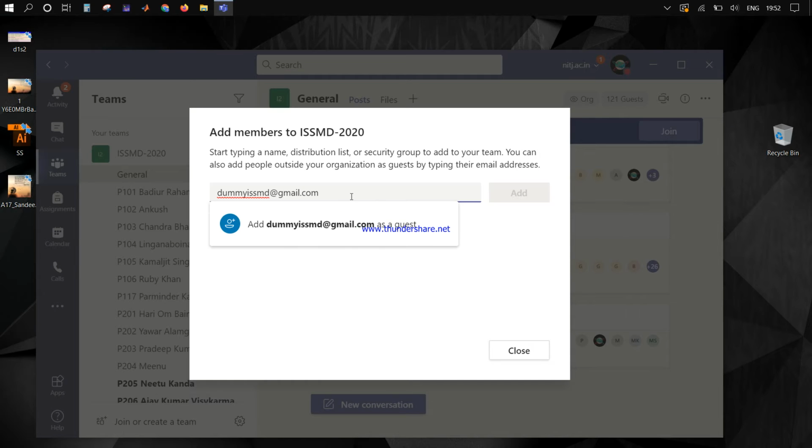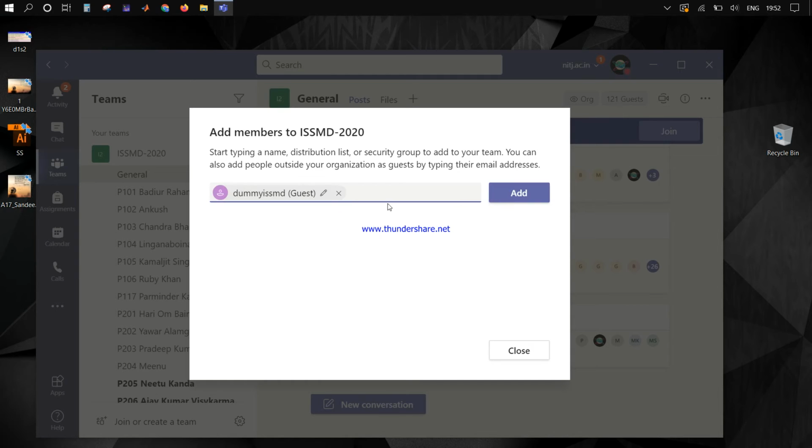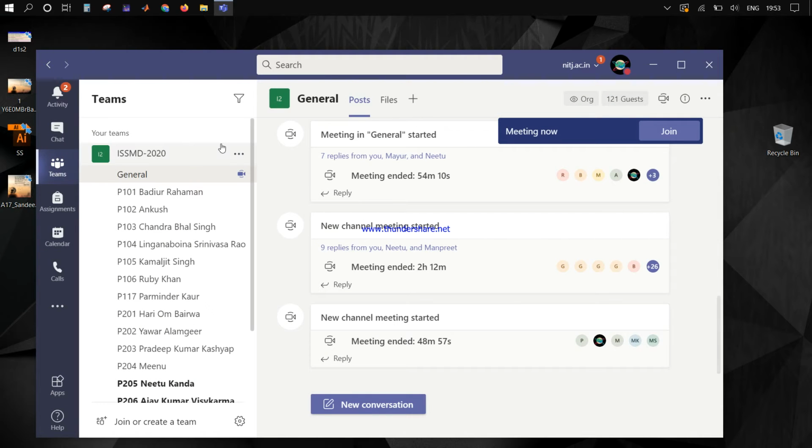I am looking for this mail. I added this email as a guest here. So now on the organization side, this particular email ID has been added as a guest.